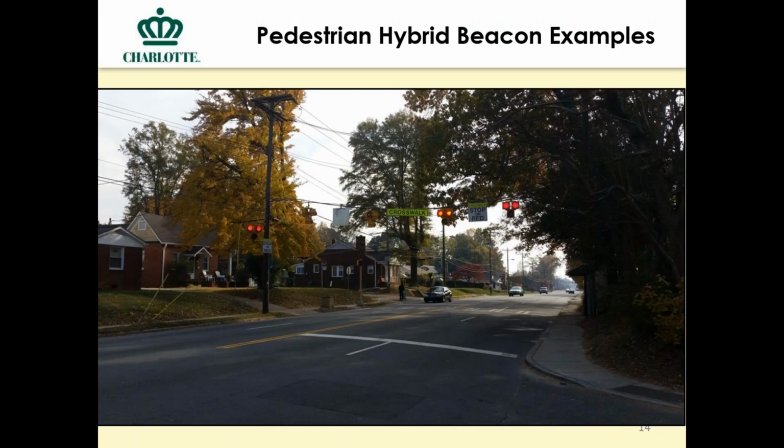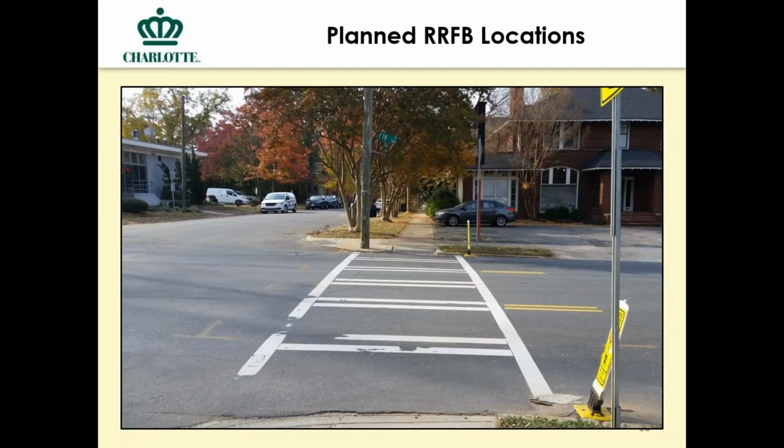And then the last treatment option that I was going to talk about is the rectangular rapid flashing beacon, of which we have not installed any yet. We do have 4 planned at this time. The first is on a state-maintained road, 7th Street outbound from Charlotte. And the reason that we're going with a rectangular rapid flashing beacon in this location versus a pedestrian hybrid beacon